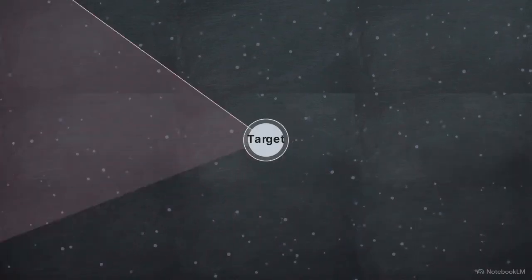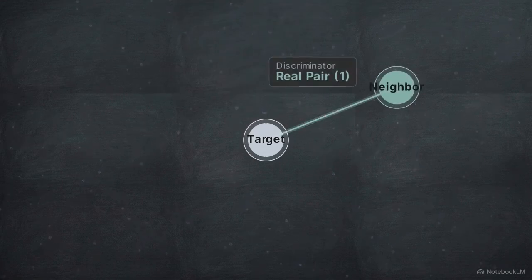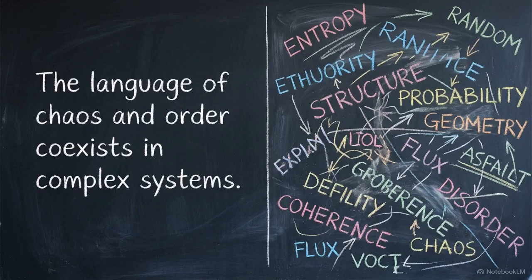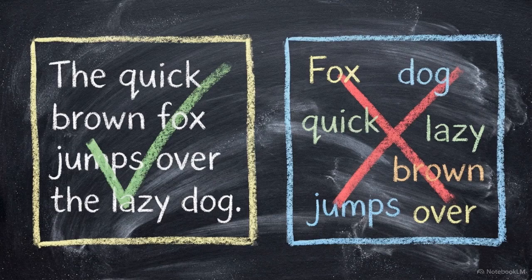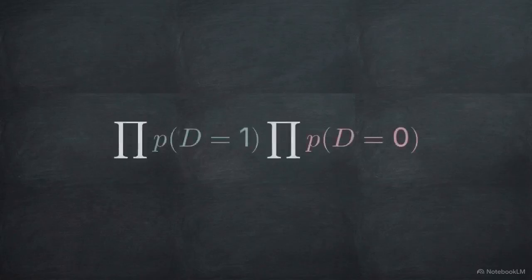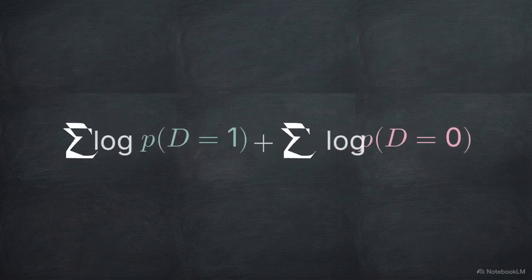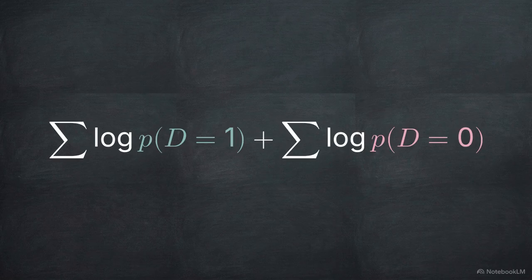Now, the neural network's job is simplified. Instead of scanning millions of words to find the right neighbor, it acts as a discriminator. It evaluates a single pair of words and asks, is this real text or is it random noise? The overarching goal is to find the parameters that maximize the joint probability of two outcomes, correctly identifying all true pairs and correctly rejecting all noise pairs. We multiply the true distribution by the noise distribution. To prevent computer underflow, taking the logarithm converts these unstable products into manageable sums.